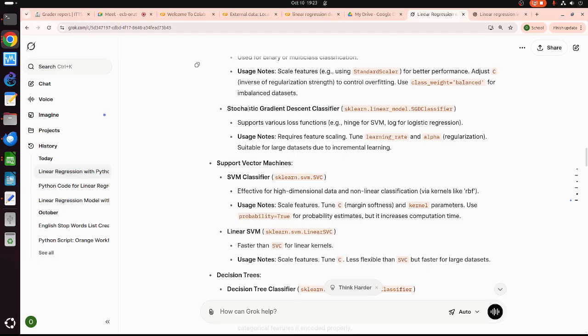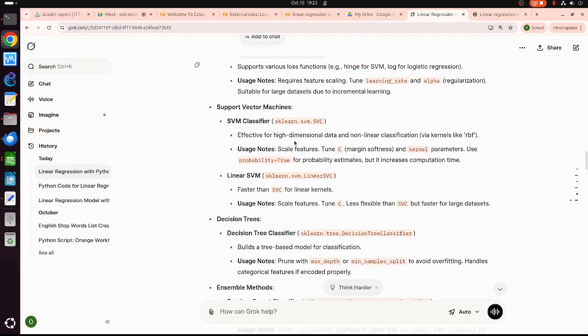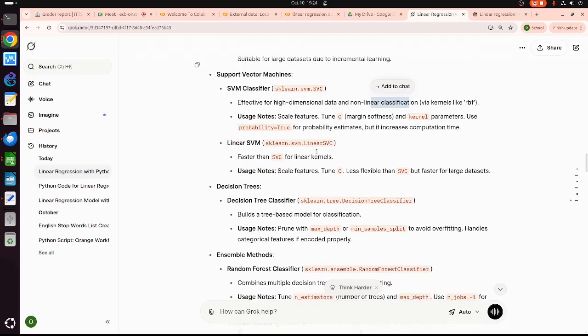So that's the SGDC, stochastic gradient descent classifier. And then this one, SVM, is for when data is big and non-linear. Non-linear can be quadratic, can be exponential, can be something brutal like that. So we can use the SVM classifier.